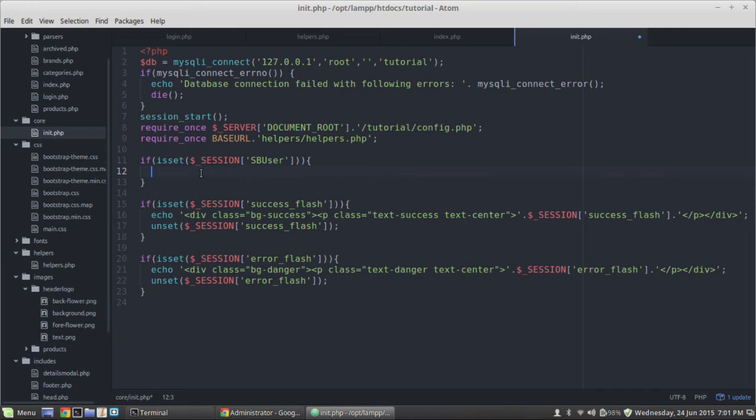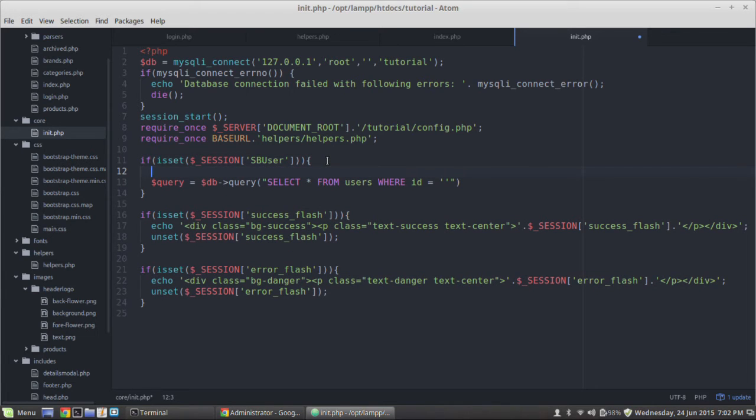So we can actually use, we can say query equals, and we can say DB query, and we can say select all from users where ID equals, and then what we need to do is pass it in,